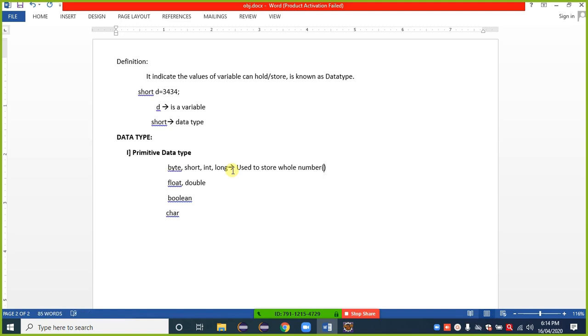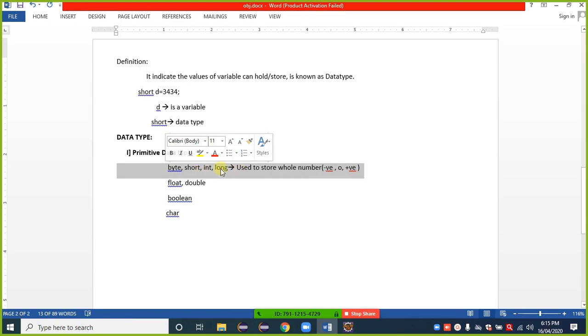Which are these whole numbers? Either negative, 0, or positive. If we have any value that is only a numerical digit without a fraction or decimal, we can easily choose any data type from these four: byte, short, int, long.